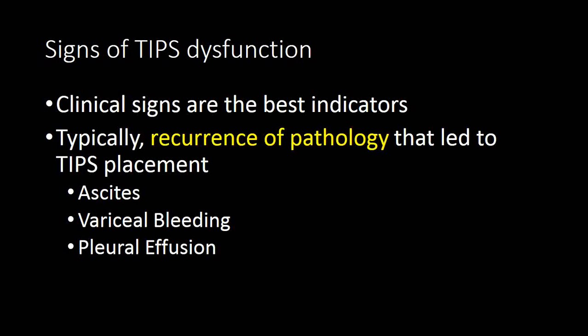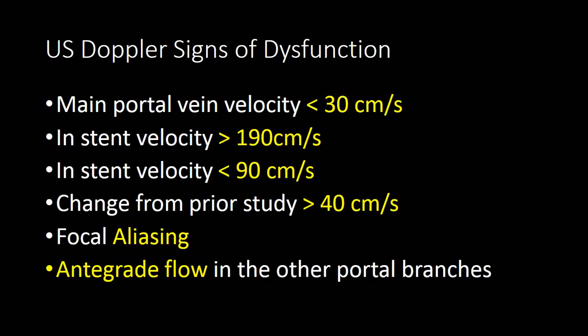The problem with relying on clinical signs and symptoms is that we may not detect the stenosis until something serious happens, like a massive GI bleed. And so we would like to be able to have a way to screen for dysfunction before symptoms recur. Also, we know that once a stenosis becomes so severe that symptoms recur, it can be harder to revise the TIPS stent. So, our most common modality to evaluate TIPS for dysfunction is ultrasound, and we use Doppler ultrasound to